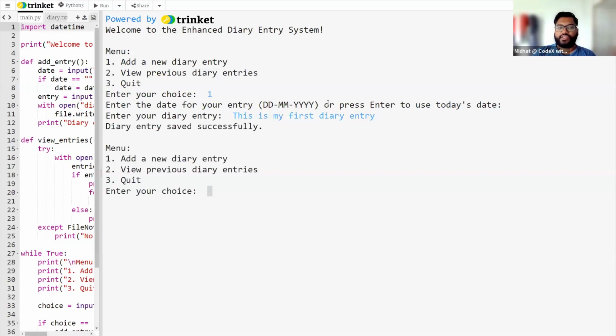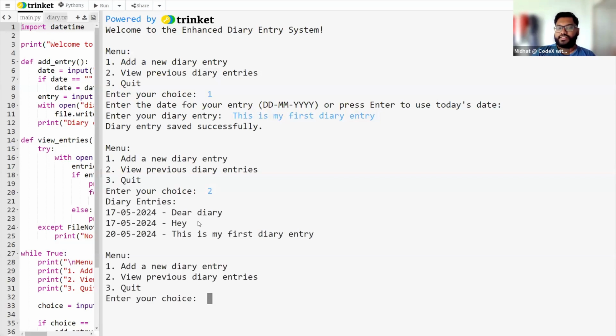And you can see diary entry has been saved successfully. Then if I press 2 to view the previous diary entries, you can see this is from a few days ago. So we've got diary entries from before, and this is my diary entry that I've just entered from today. And then if I want to enter another diary entry, so let's say I enter, oh,